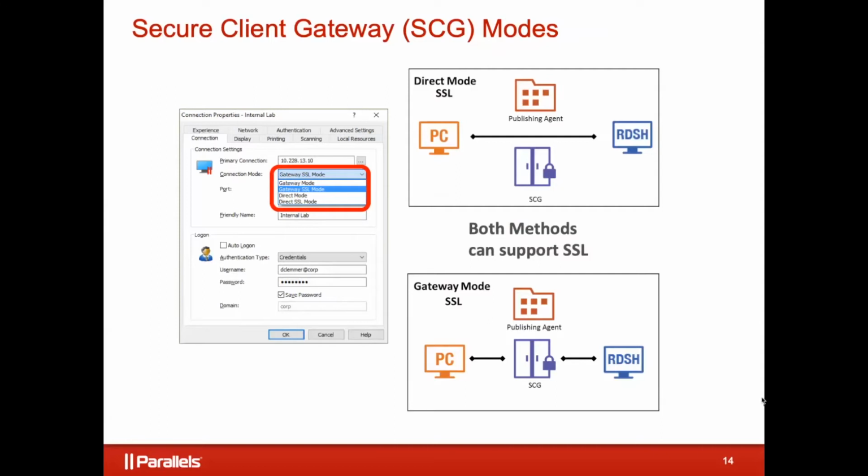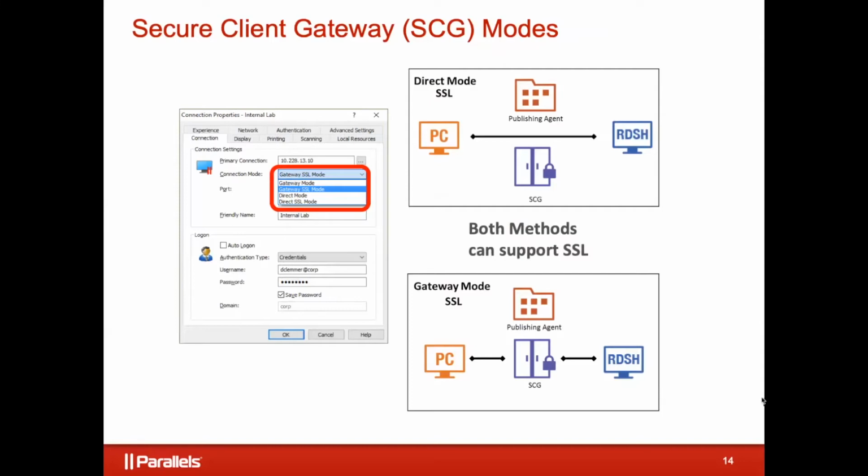Okay. The box on the left, the connection properties box, actually is a client-side setting. So you notice that you can set the mode actually from the client, gateway mode, direct mode, SSL, or whatever. That doesn't mean if they set it that way that they'll be able to get there, right? It depends on your network, whether they can or cannot. The other nifty thing on the client side, what's hidden by that drop-down box that I've got circled in red there, is a button that says secondary connections.